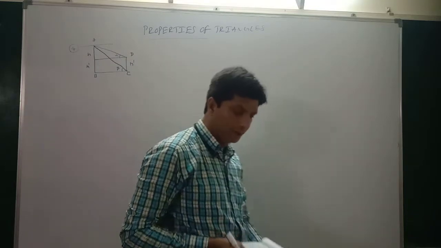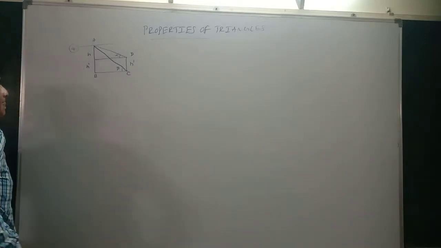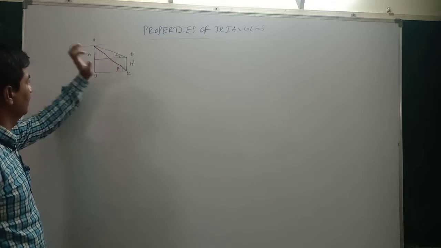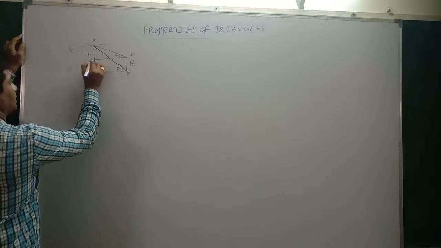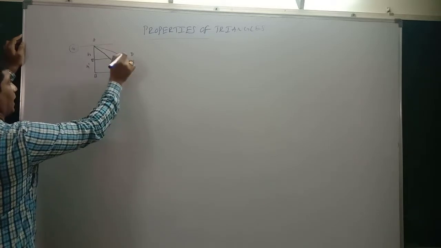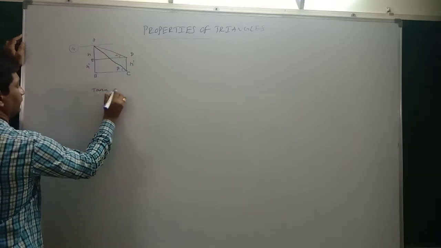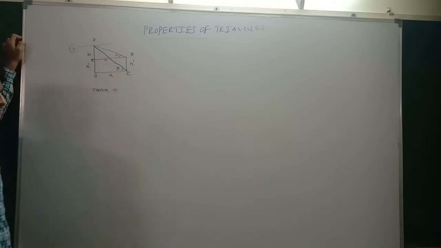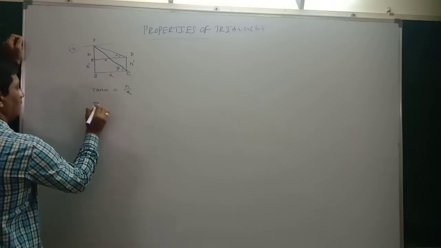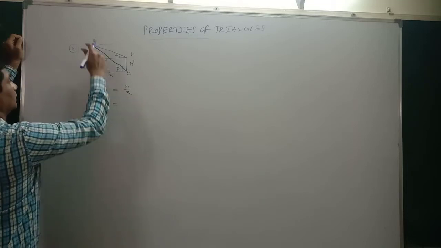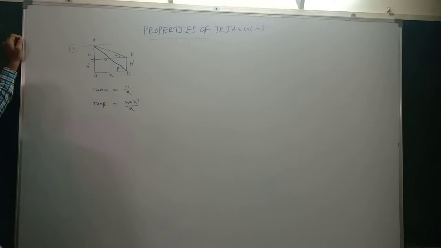We have to find the height of the pillar. Pillar means what? This one. That means h dash value we have to find. So by taking simply A, B, C, D, this is E. In this top triangle, what is the value of tan alpha? If this is x, obviously this is also x, because that is a rectangle. Tan alpha equal to what? h by x. From this big triangle, what is tan beta? Opposite by adjacent, that is h plus h dash by x. Is it right or not?